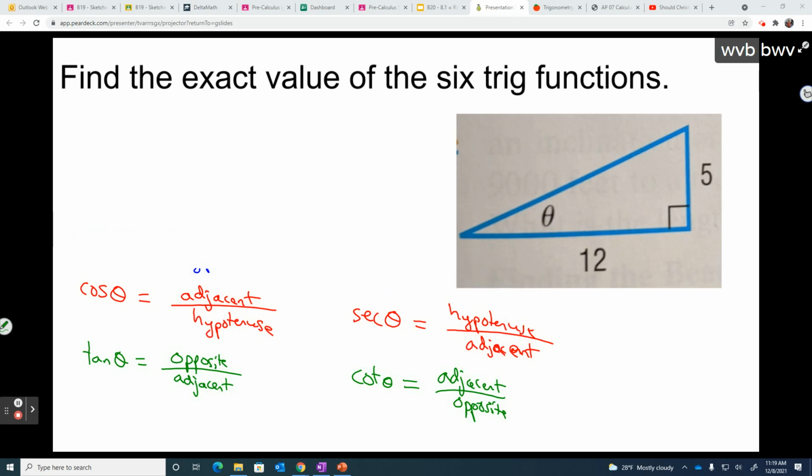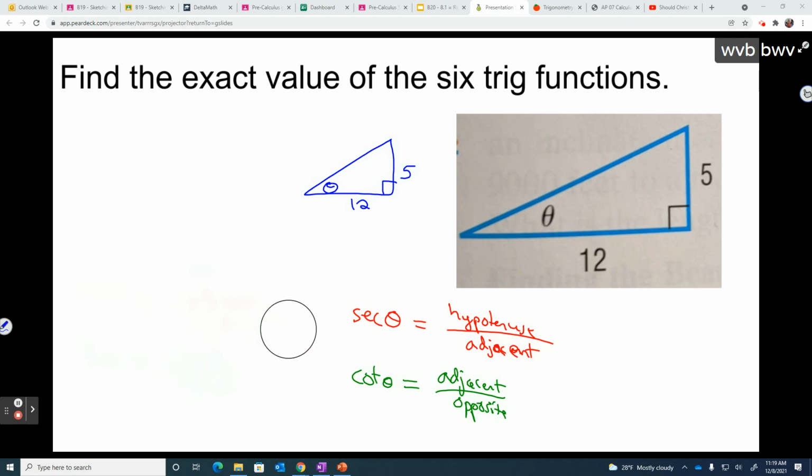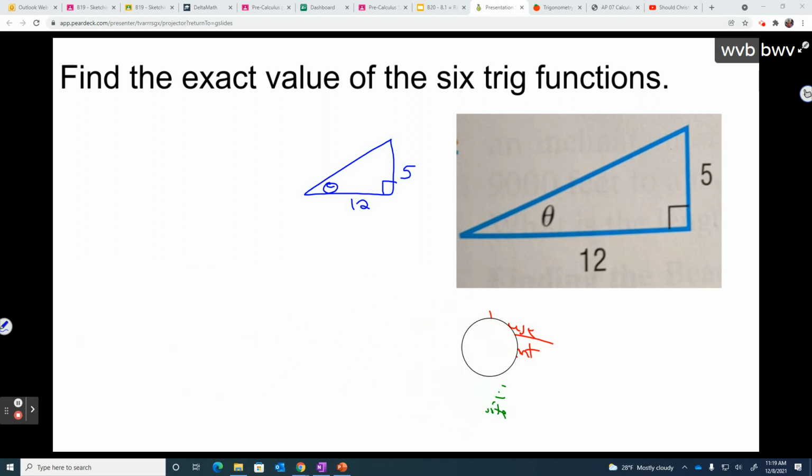I'm going to just draw that out really quick. Draw a right triangle, like this. Put the theta in here. 12 and 5. So with that triangle, we're going to find the exact value of all 6 trig ratios. So let's start with sine. So we're going to say the sine of theta